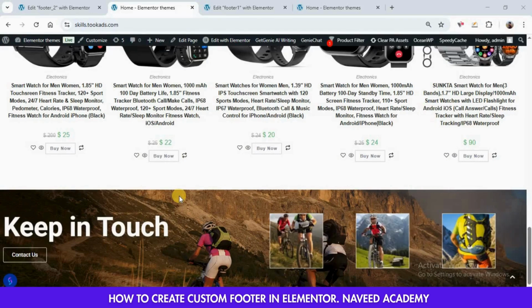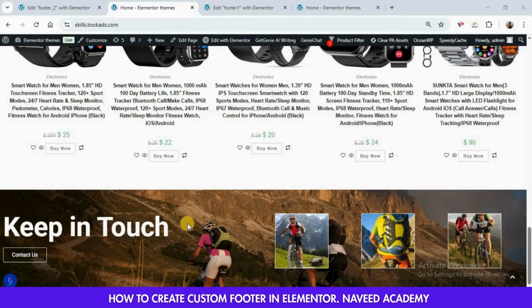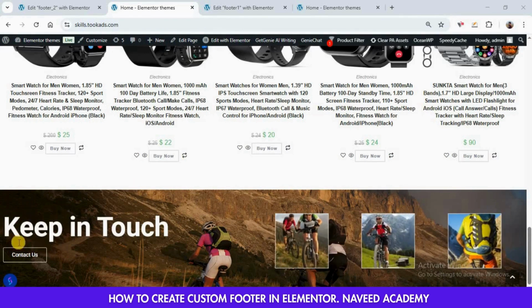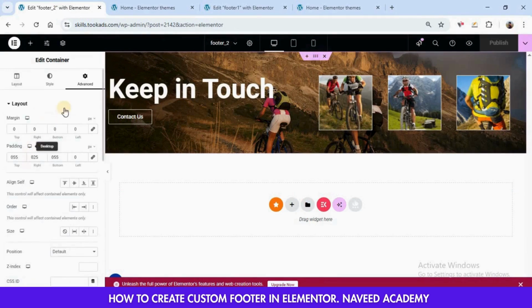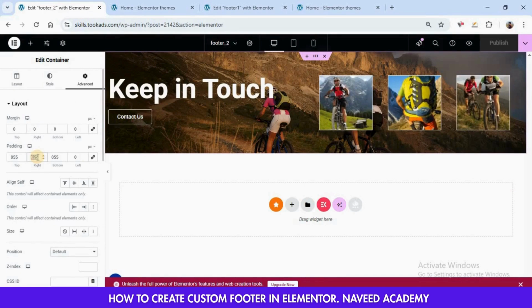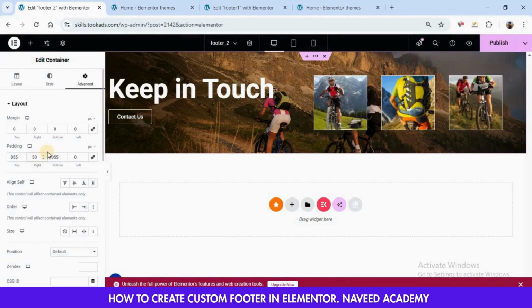Now, as you can see, we have completed this section of our footer, but we need to add some space from left and right side. For that, go to your Elementor page and click here on the container and add some padding like 50 from right side and 50 from left side. After that, click here on publish.